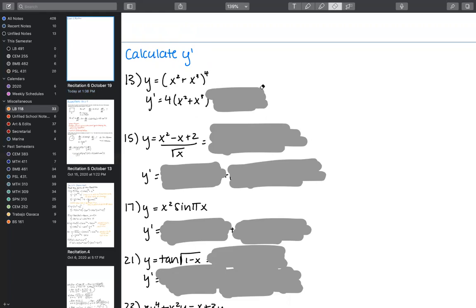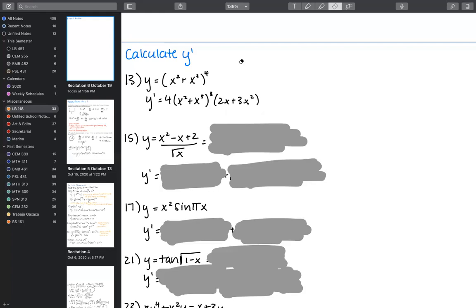And then for the second term, we will multiply by the derivative of the inside. This is classic chain rule at this point. I would hope that you guys would get full points on a question like this on the exam, because like I said, this is a skill that we have built upon to work on higher level problems like our related rates and implicit differentiation. So you should definitely have a handle on a problem like this.